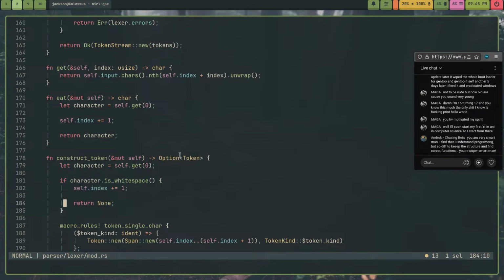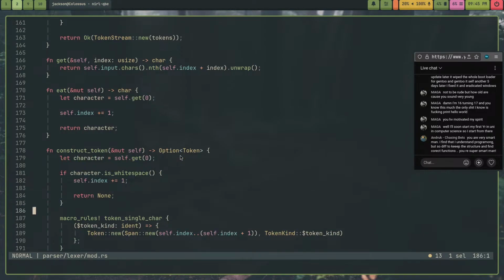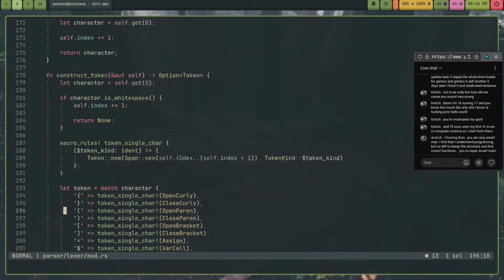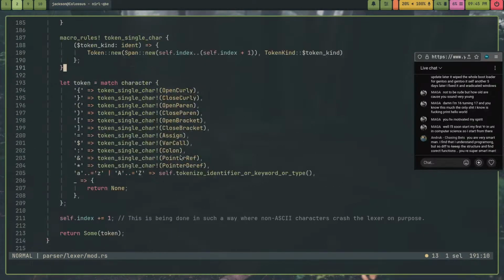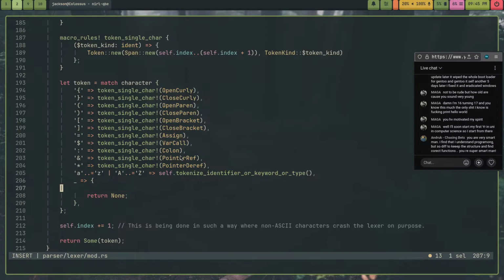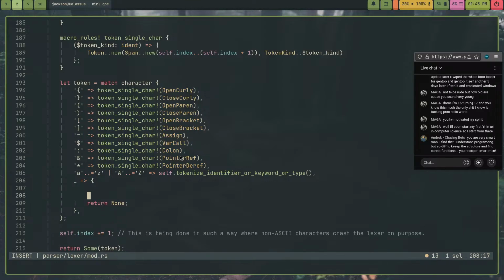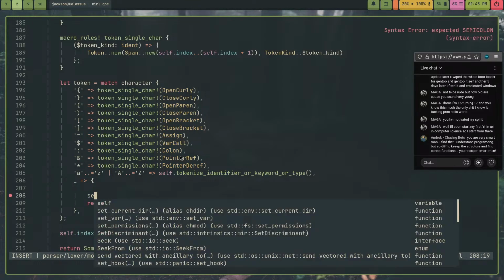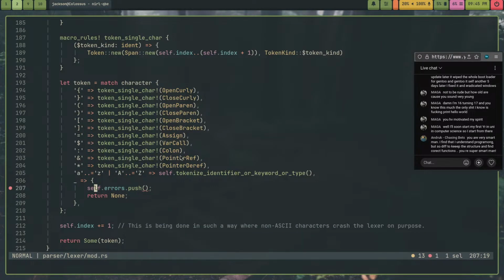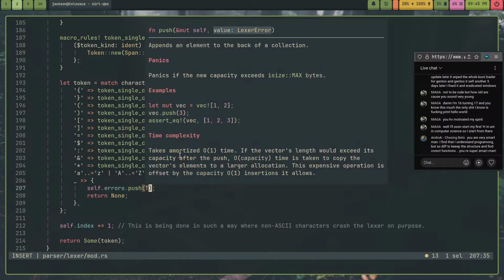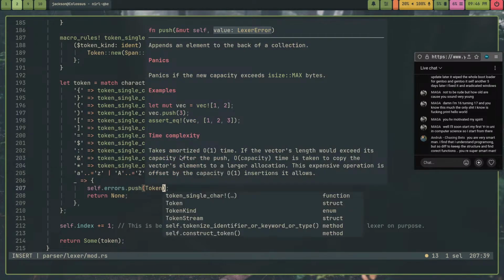Or no, I can simply return none and self.errors.push token